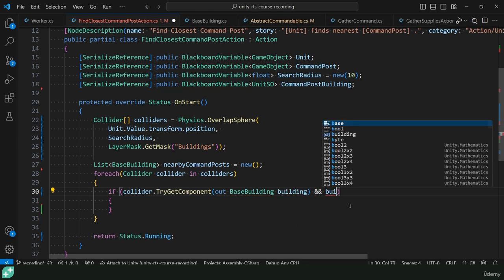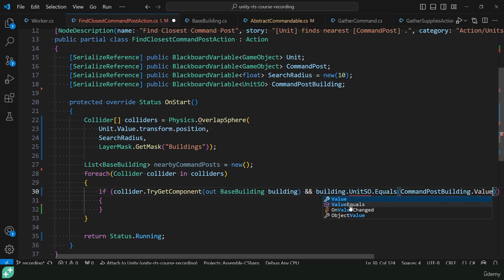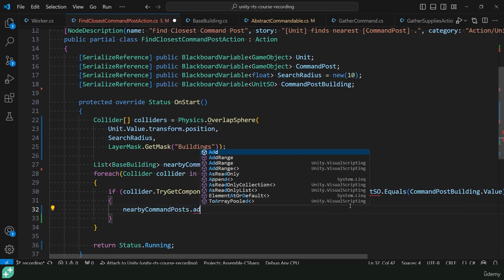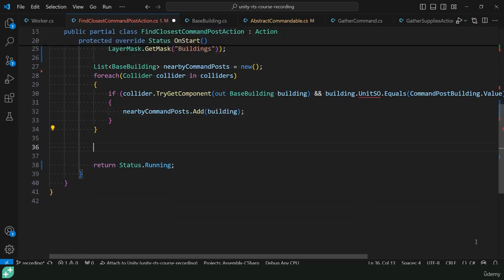So we can do and building.unitSO, which is currently private, but that's okay. We're going to fix that in just a minute. We can see there is a need to be able to retrieve this from other classes. We'll check if that's equal to command post building.value. And if that's true, then we know this is a command post and we can add it to our nearby command posts list. Just outside that for each, if the nearby command post count is equal to 0, then we